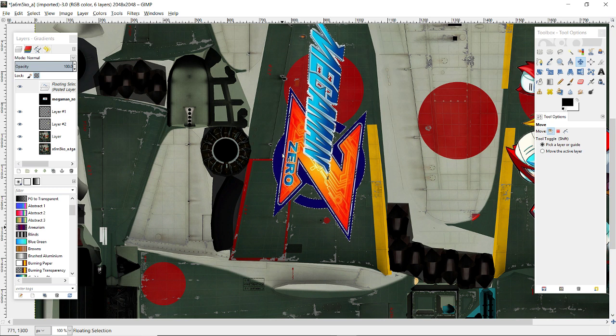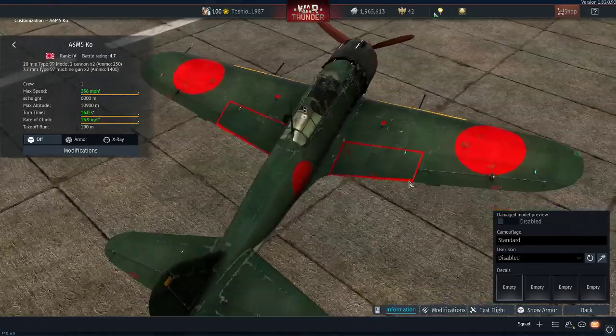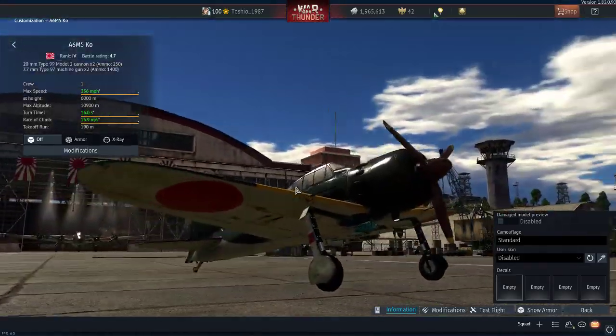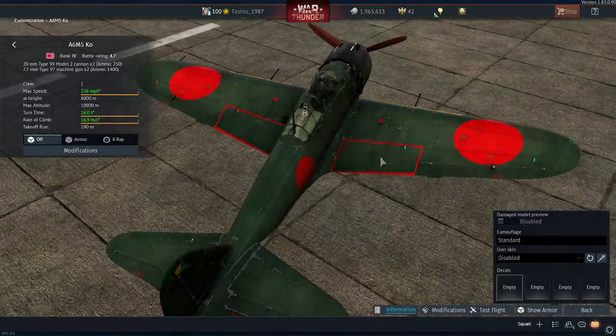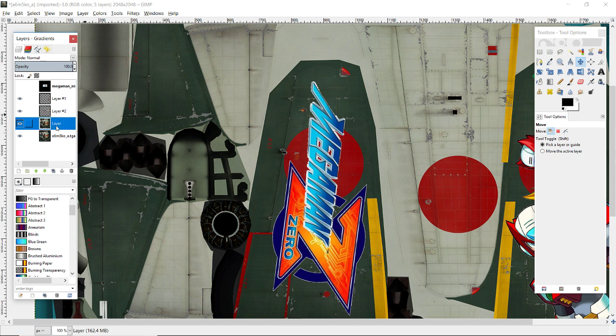You've got to be aware of where things like ailerons and flaps are, because those can change how your decals show up depending upon the vehicle. This one has flaps that come from the underside of the wing. The top side doesn't morph, but the underside does. So this part here should be fairly straightforward. This could have a little bit of artifacting, so we're keeping our text away from this joint here, because the 3D model could interrupt our image a small bit, and I'll show you what I mean by that later. Let's make a new layer,